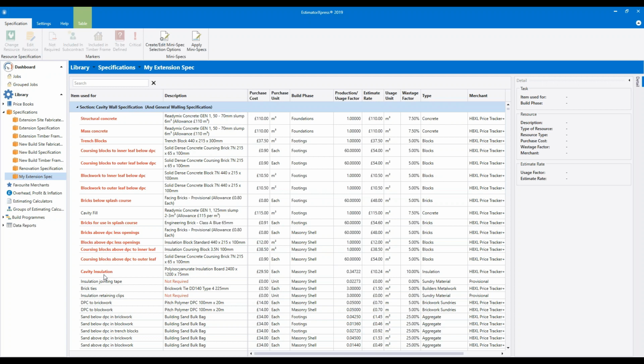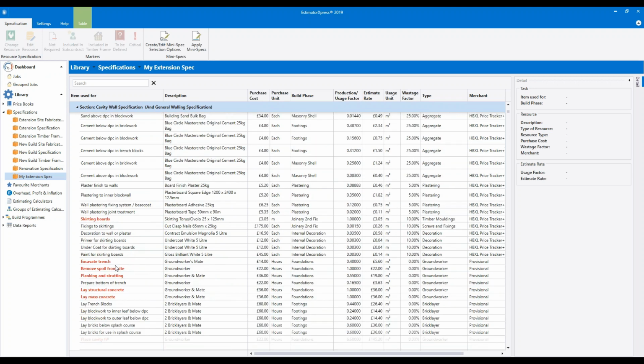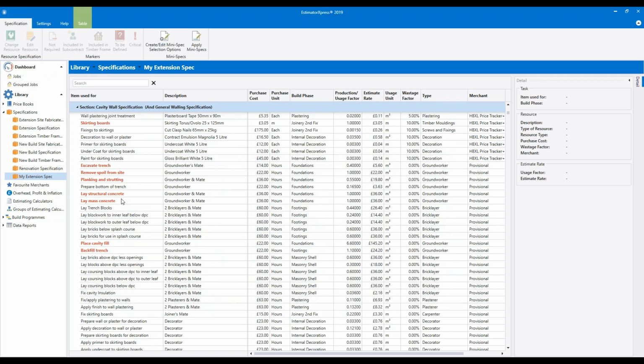They could also be labour tasks. So if I scroll down the screen a little way, you'll see we've got some labour tasks. So lay the trench blocks, lay bricks above DPC, and then we've got fixed cavity insulation and so on.